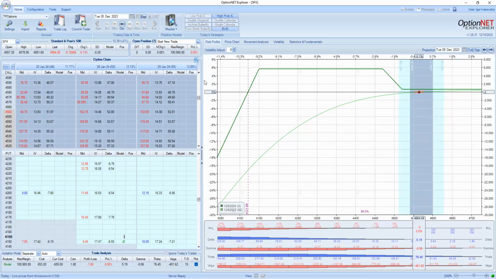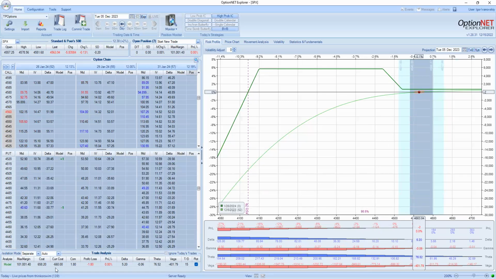All right, so let's come back to this trade. So this is my trade setup. Normally I would put on a trade like this and I would look for about a $10 credit. I'm willing to take less credit up front, which gives me less directional risk up front. And again,